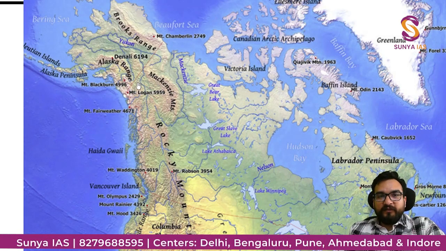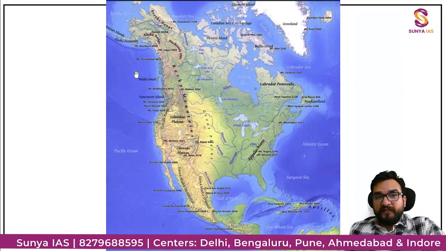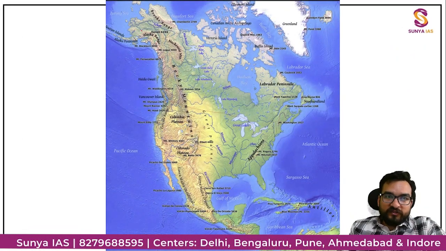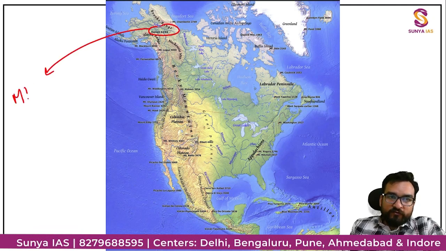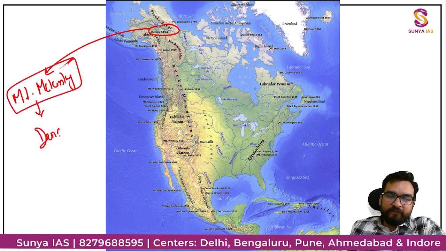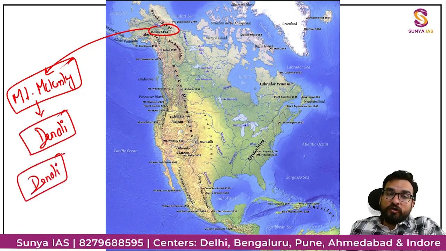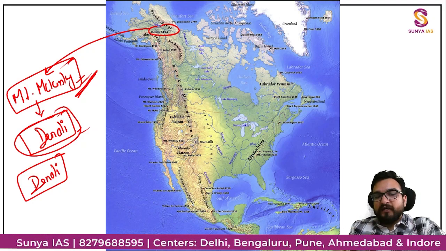देनाली क्यों लिखा है यहाँ पर, let me tell you. और हाइट तो जब मैंने माउंट मैकेनले पढ़ाया था उसकी हाइट है. So why have they written Denali? So this information is very important, that I have told you Mount McKinley is the highest peak of North America. This Mount McKinley is also known as Denali, guys. So या तो आपको ऑप्शन में देनाली, और I am 100% sure if UPSC will pick up this mountain range, then they will mention Denali, not Mount McKinley. Somewhere you will find Mount McKinley, somewhere you will find Denali. So Denali is none other than the same name of Mount McKinley. Don't get confused, right guys?